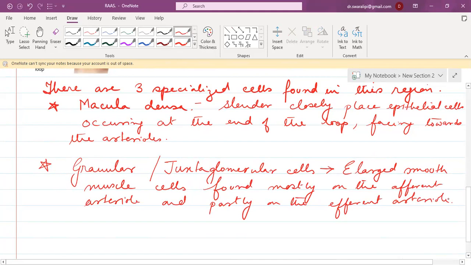Understood? Now by function, these granular cells, when they are stimulated by macula densa,